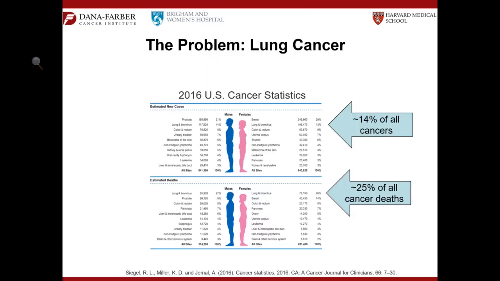So first, the problem, lung cancer. As many of you may know, lung cancer is the second most common cancer in both men and women in the United States. These are 2016 statistics. But it is the number one cause of cancer deaths among both men and women, accounting for almost more than 25% of